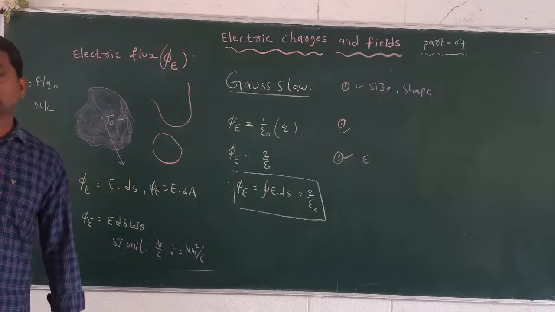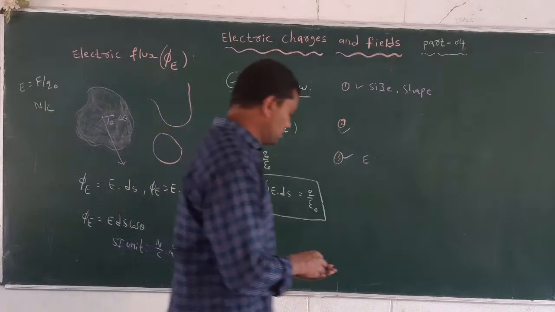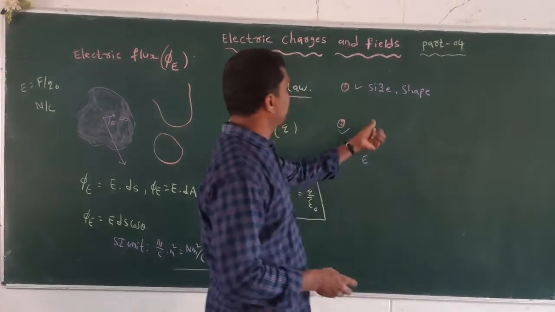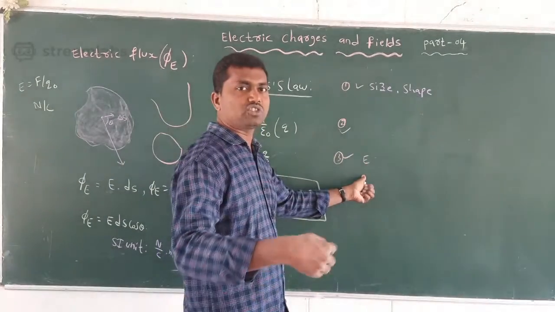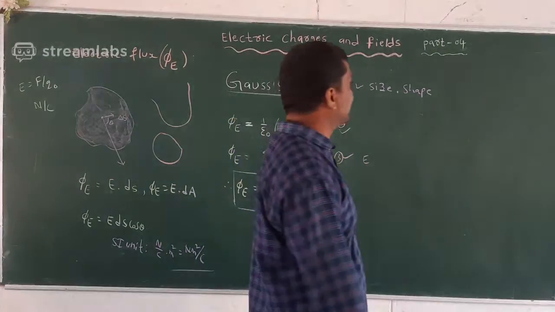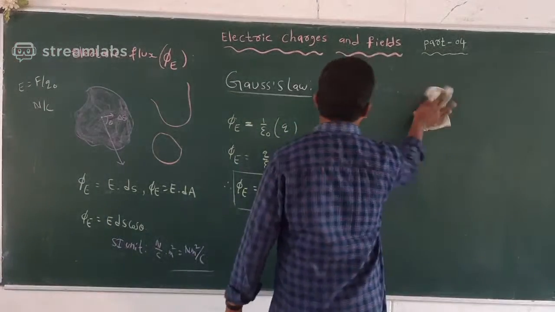So these are very important applications of the Gauss law. Next, by using this Gauss law, I will tell you some examples. The size and shape, stationary as well as moving charges, over the charge distribution object. So I can take some objects. The objects are, the first one is the